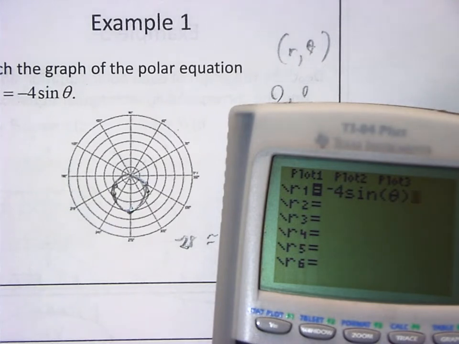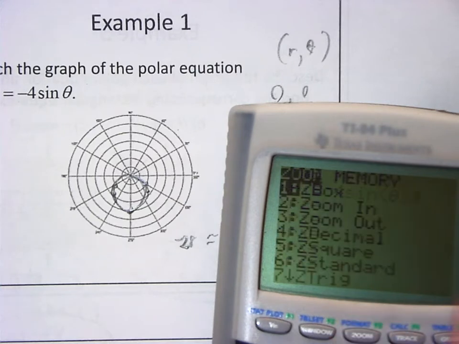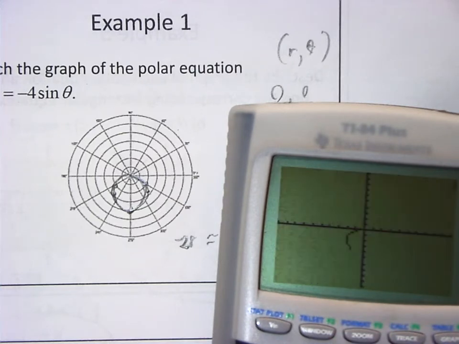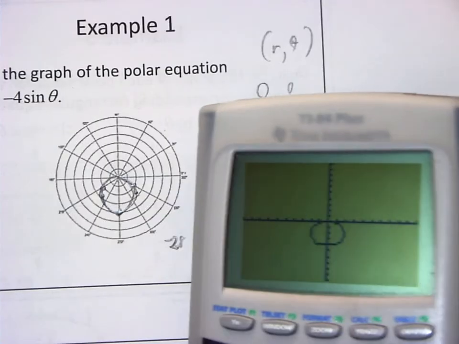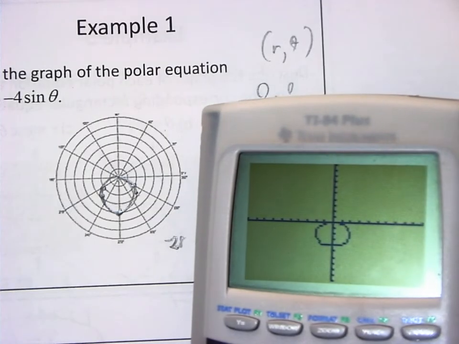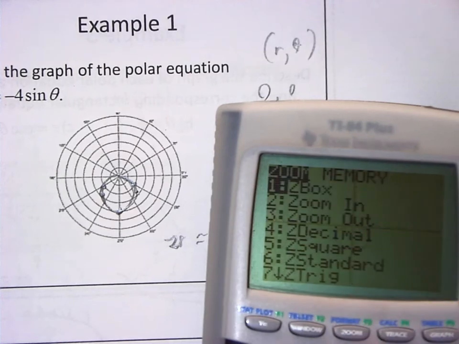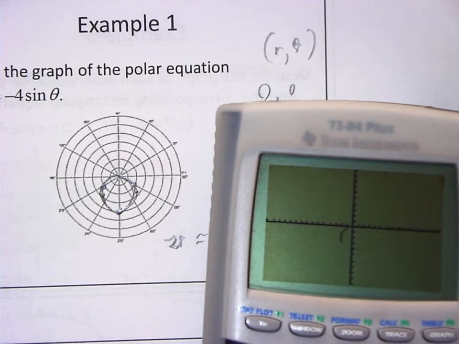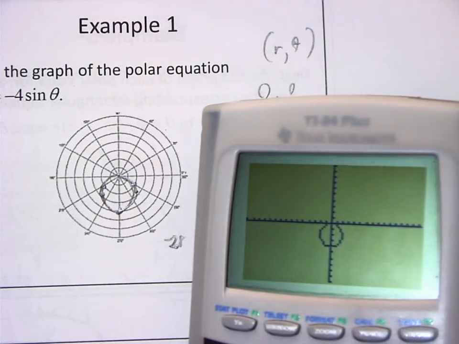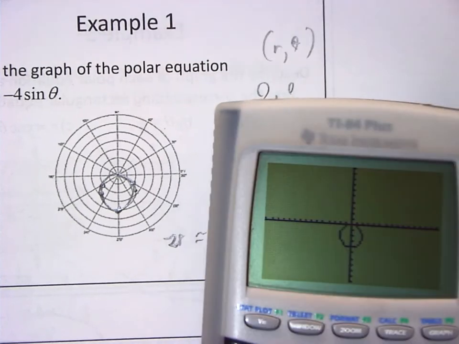Should it be an ellipse? Well, no. I'm in standard, so you can do square, right? So you want to do square. So zoom wise, you want to go to standard to start pretty much. Now you may need to adjust from there a little bit because it doesn't look circular because of the way they are shaping the axes. So then go to zoom and go to square after that. Makes it a little more like a circle. Still not great, but